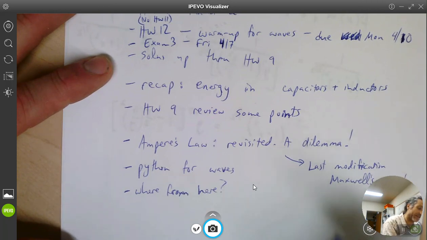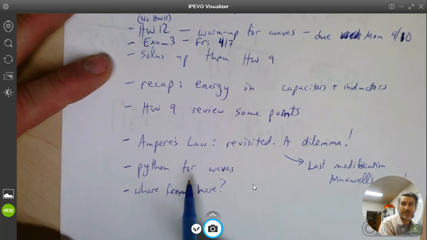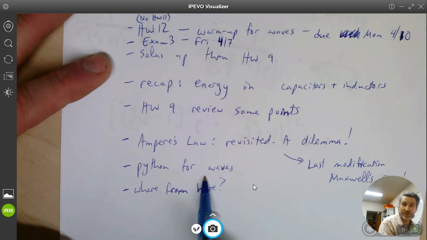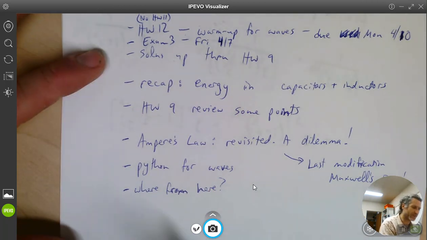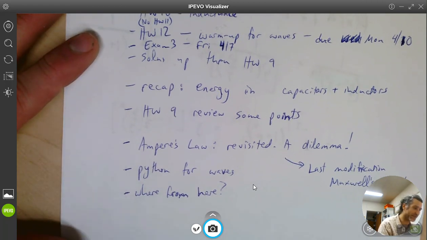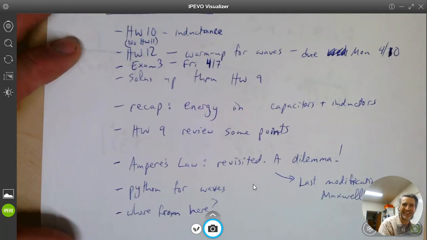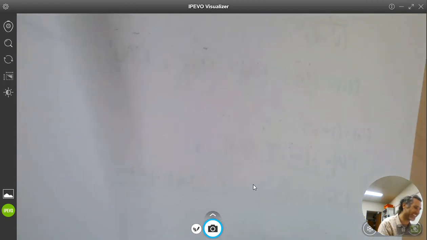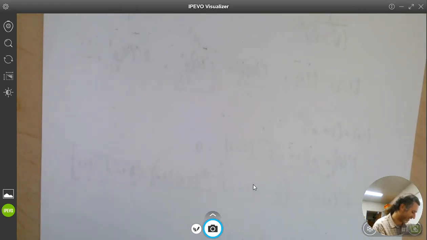And then that'll be it. I'll also briefly show a Python notebook that I created for exploring and understanding wave notation and building an intuition from it. And then we'll talk about where we're heading for the rest of the semester. So that's what we have planned for today. I know it seems like a lot, but it's actually going to be going by pretty fast.